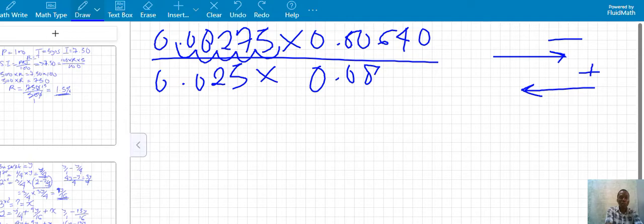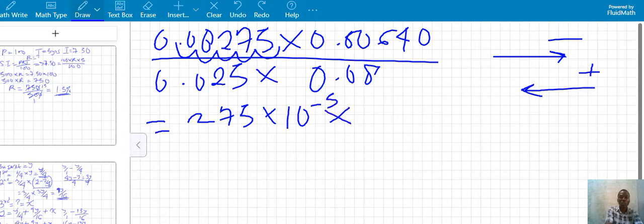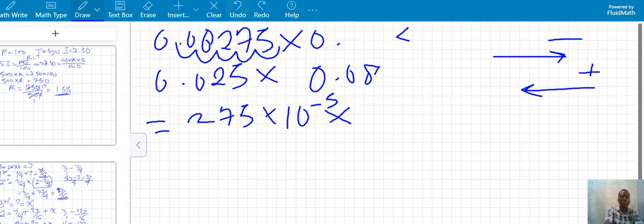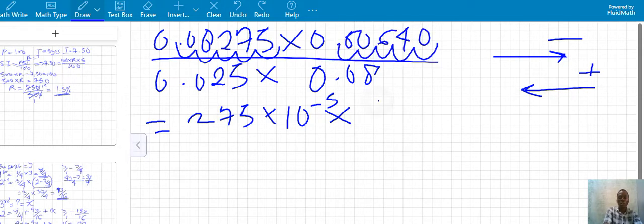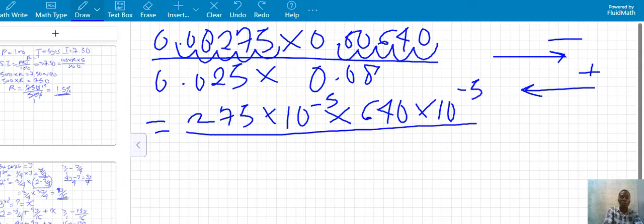So that will give us 275 times 10 raised to power minus 5, times, we are going to have 1, 2, 3, 4, and 5, that will give us 640 times 10 raised to power minus 5. This will be all over